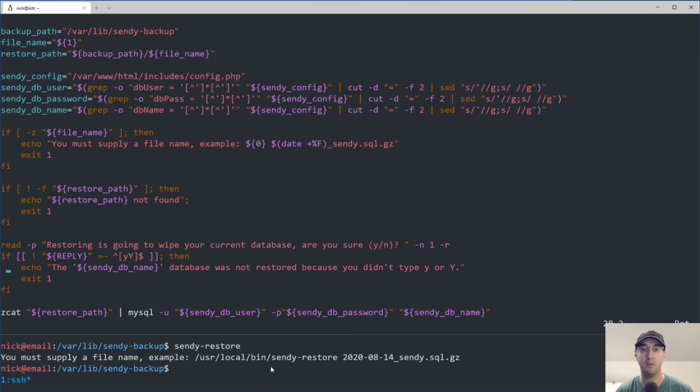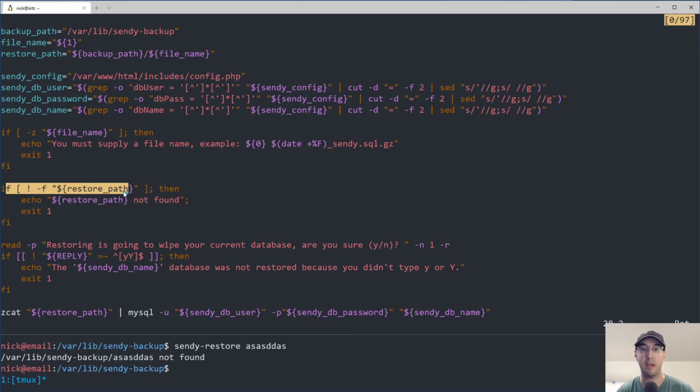Then if you actually do pass in a file name, like something like this, the next protection here is we want to make sure that we actually have a file, right? So if we go and look for this file, but we actually don't have it, so if the file is not found, then we just echo out, by the way, this path isn't found, and again, we exit out of here. Then finally, and we haven't seen this yet, and, well, yeah, I'm reluctant to even run this one on video